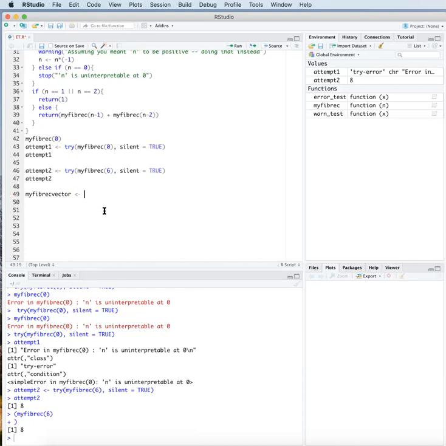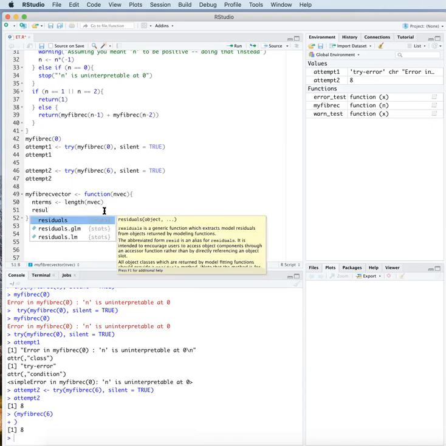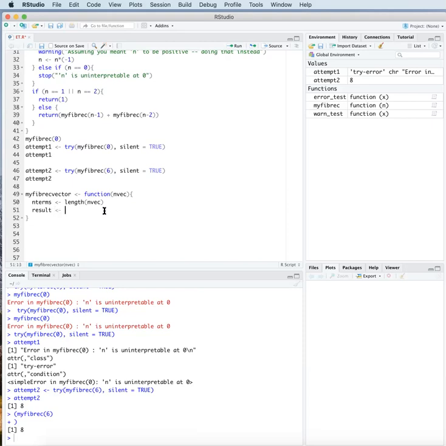My feedback vector. Now I have my function for a vector. I'm just defining an object inside my function, and it is going to be the length of my vector in the argument. And I want to define a vector, the name is result, let's say, and I'm going to just write my results in this vector